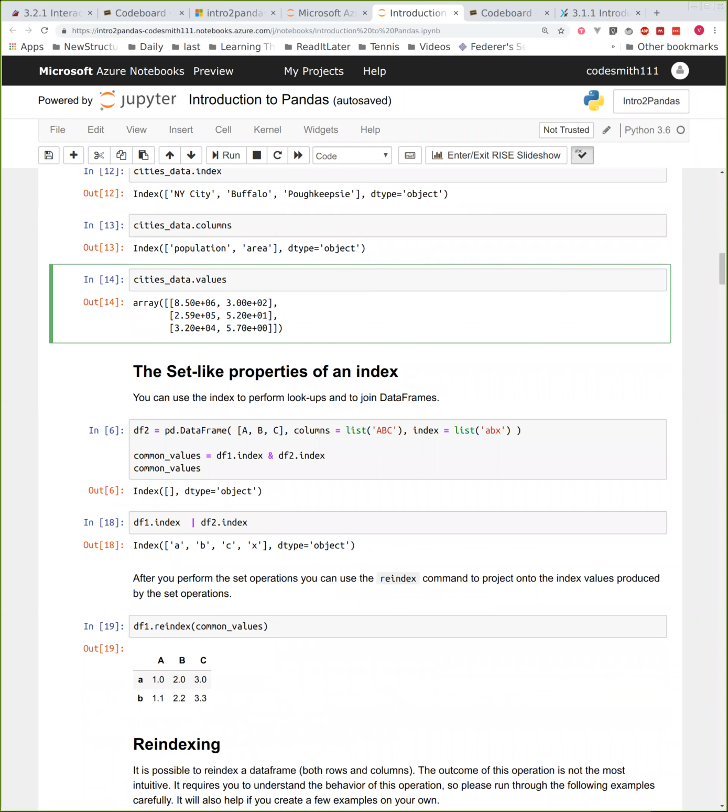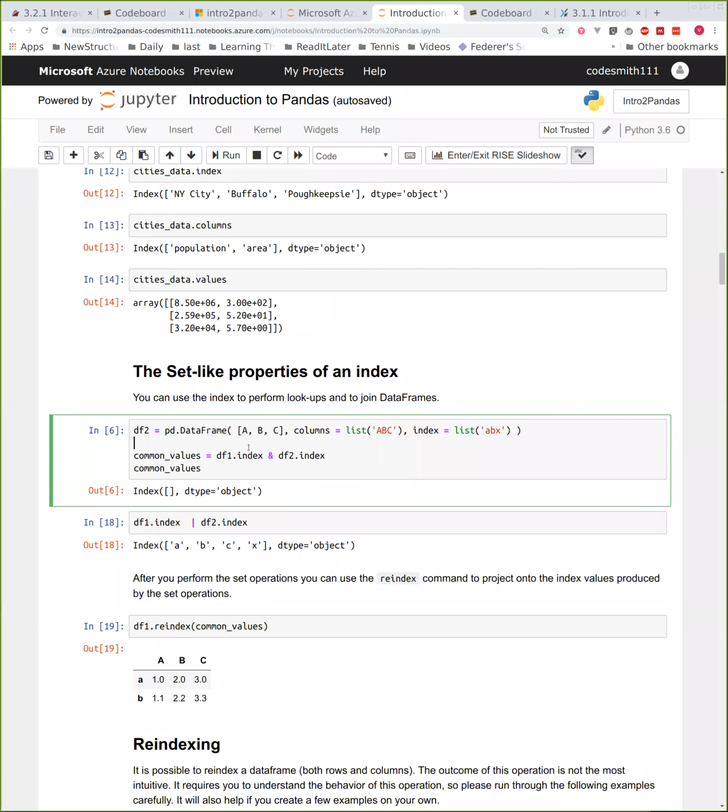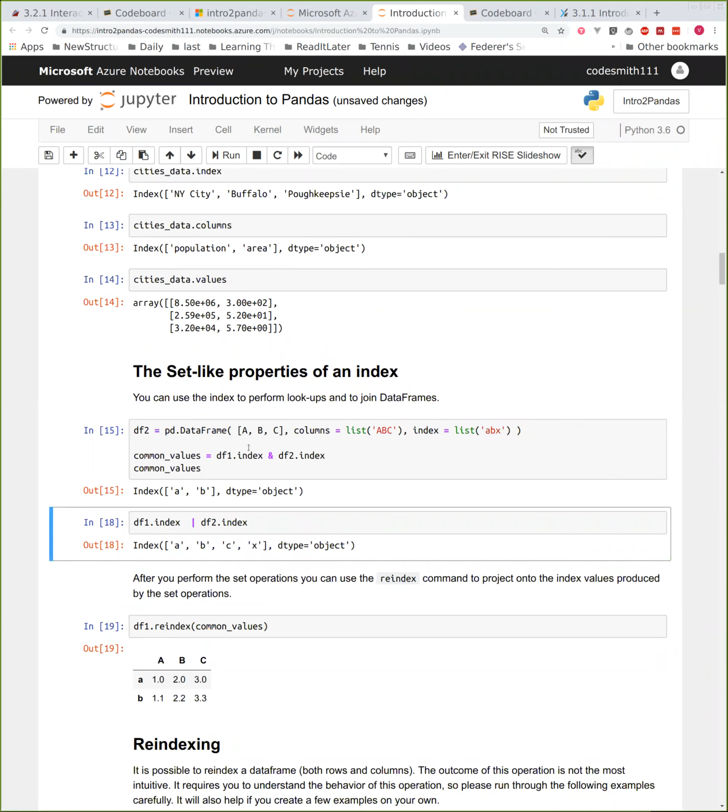So what else? So now let's just go and look at what I can do now that I've created my data frame. So once we have created the data frame, the index itself is a very useful thing. So let me show you something interesting. So I create another second data frame. Okay. So let's go ahead and create the second data frame. Take a look carefully and see what I changed, right? Actually, what I changed is I only changed the index, right? Instead of ABC in the previous case, I said ABX. So if we actually look at this,